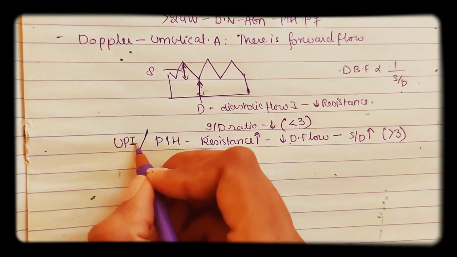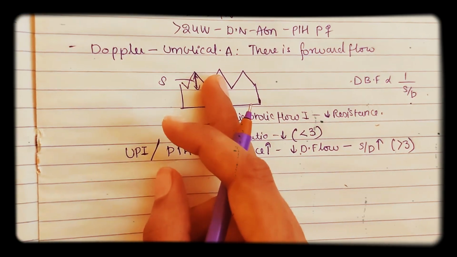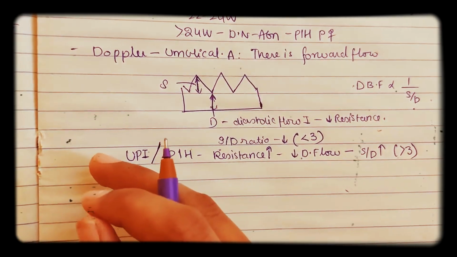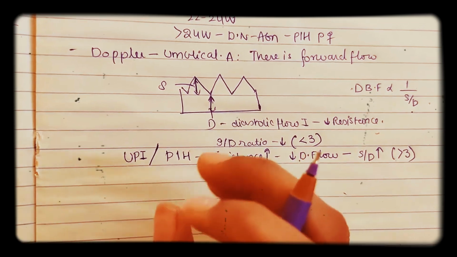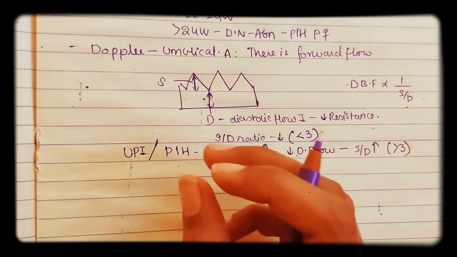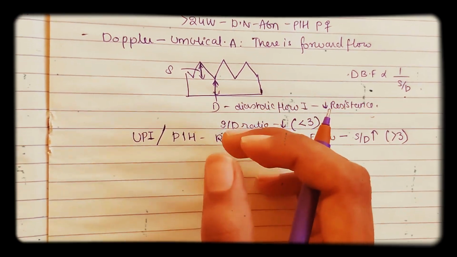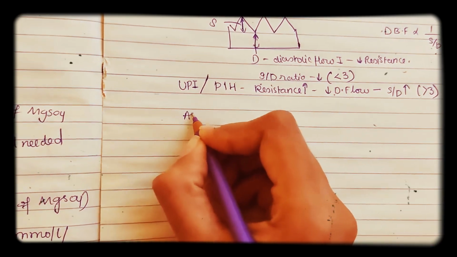Okay, whereas in umbilical artery Doppler, you will see that the diastolic flow is increased and the S/D ratio is decreased. Now coming to another one, that is absent